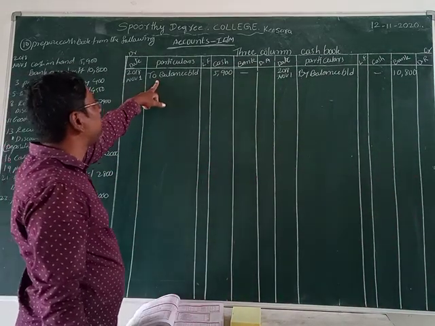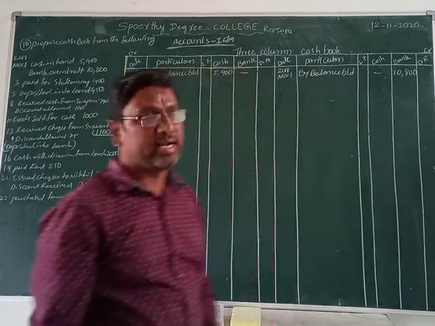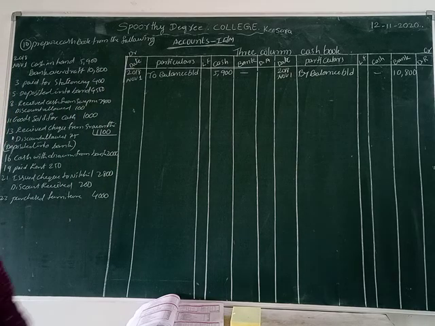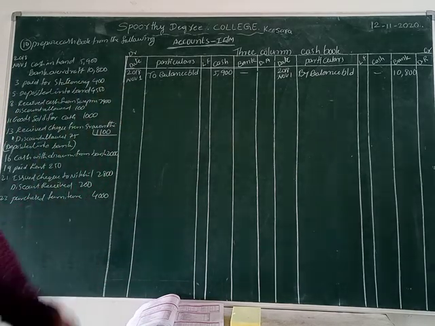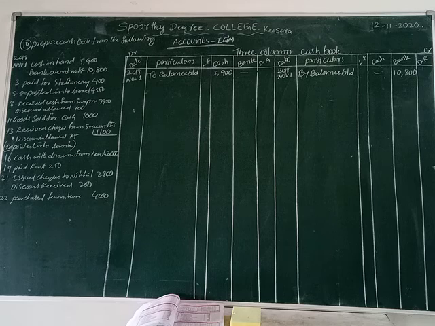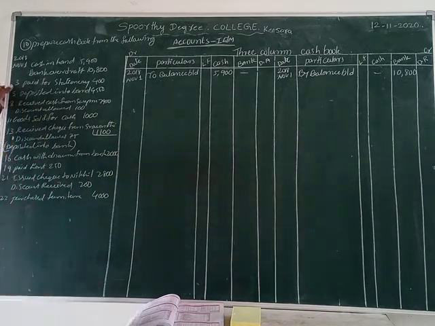One account's opening balance is on the debit side and one account's opening balance is on the credit side. So at the same time, balance carried on comes on both the debit side and the credit side also. Why? Because balance carried on comes on debit and credit side now. Okay. Now we are going to the third date.